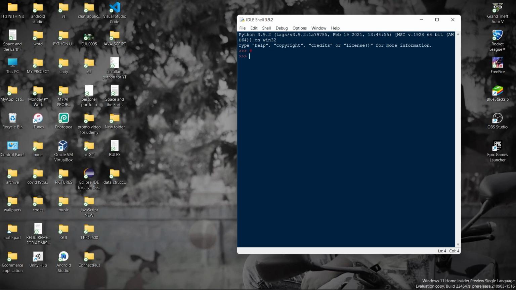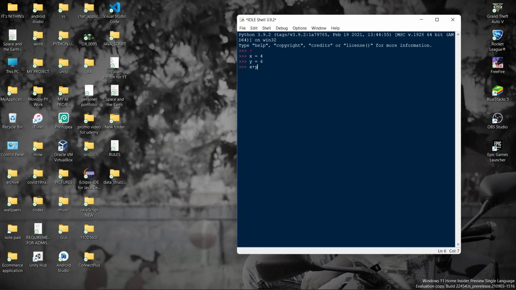Okay, so for example we are giving a value x is equal to 4 and y is equal to 6. Now for example we have to add these two numbers. In Python we don't need to write a huge line of code like the syntaxes and all.